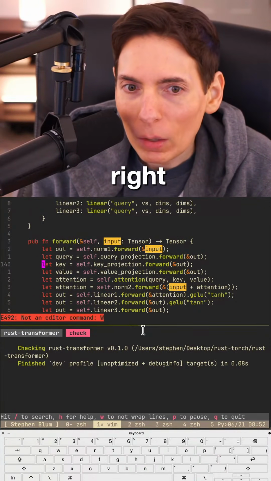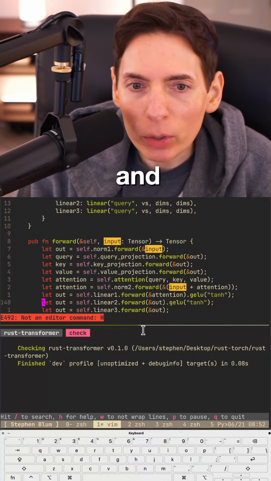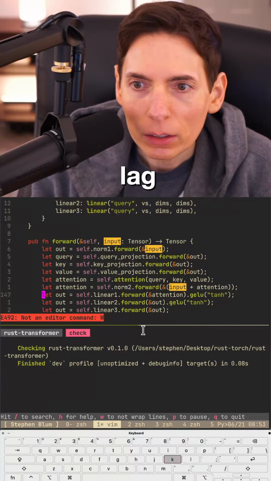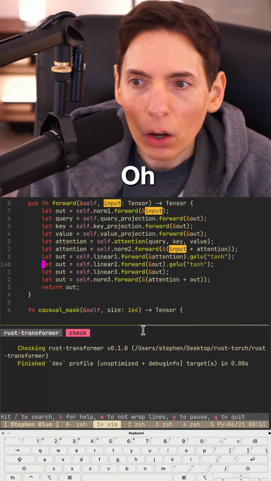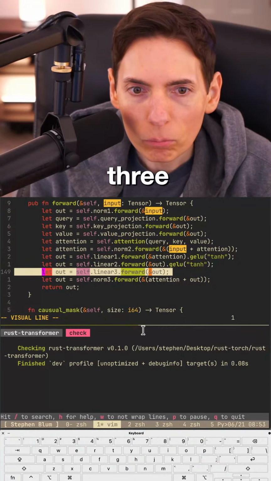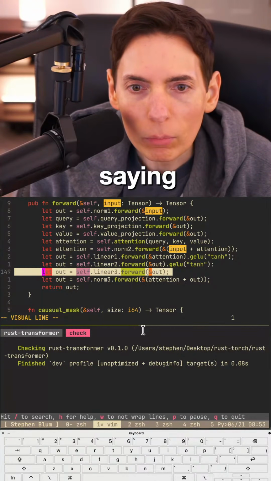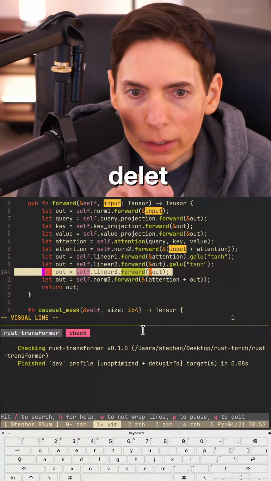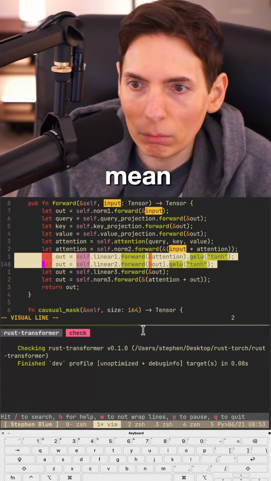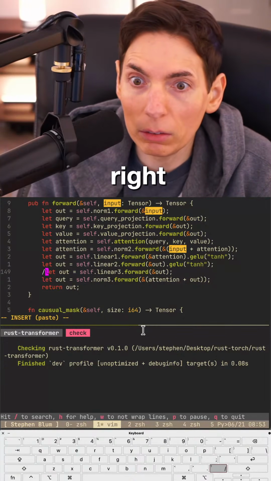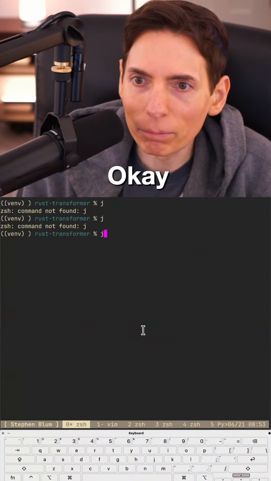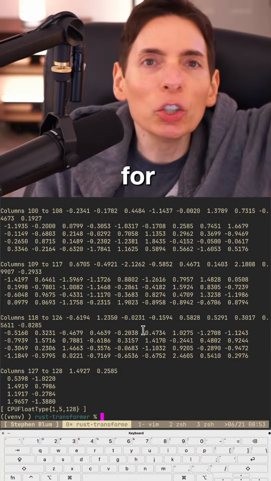All right. Maybe we should delete the linear 3 and rewrite that specific section as a clean two-step projection. Just a thought, save lag. So you say delete linear 3. So we don't need linear 3, you're saying? Let me double check that. Delete linear 3 and rewrite that specific section as a clean two-step projection. Well, I mean, all right, well, let's write that, right? So you think just one activation? Like that? Okay. All right, Scroll Sniper. You asked for it, you shall receive.